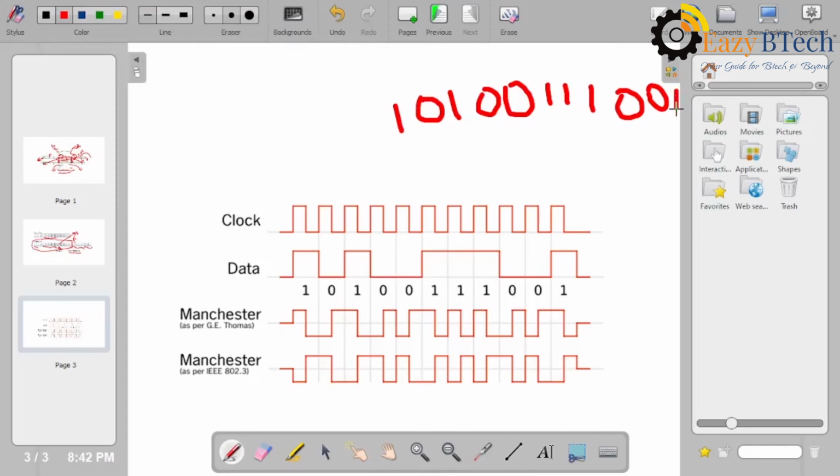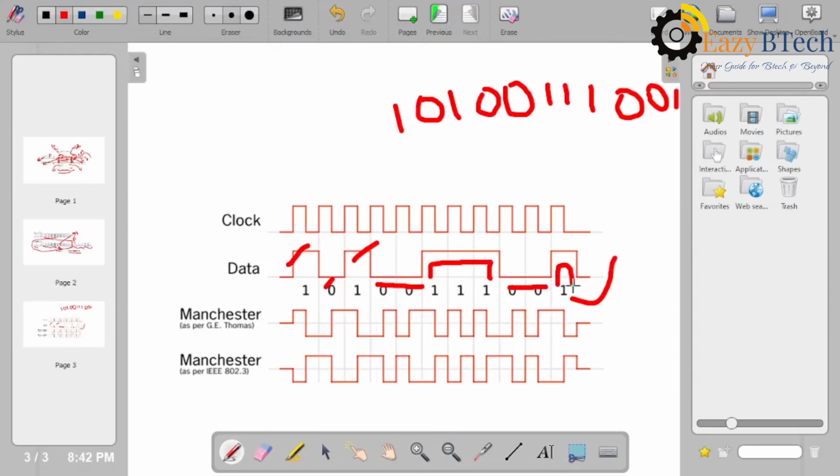This is the actual data, right? At 1 it is high, at 0 it is low, at 1 again it is high, 0 low, 1 high, low and high. So in Manchester encoding, how will the data be converted?